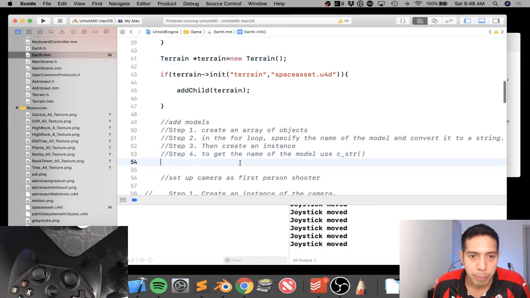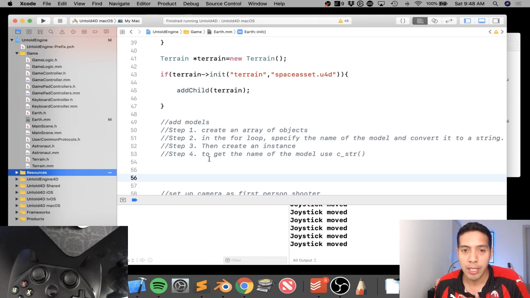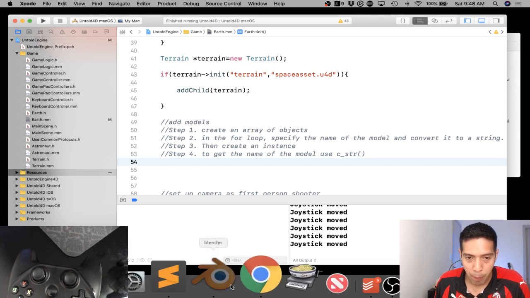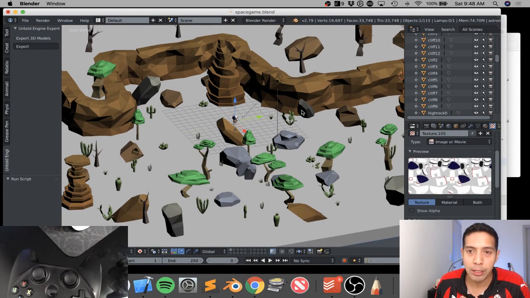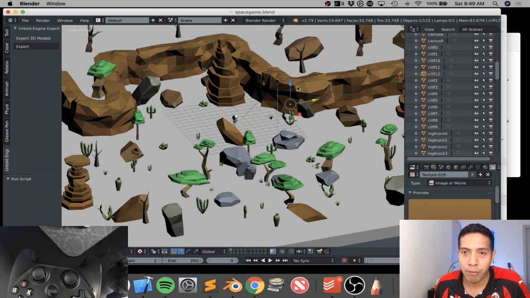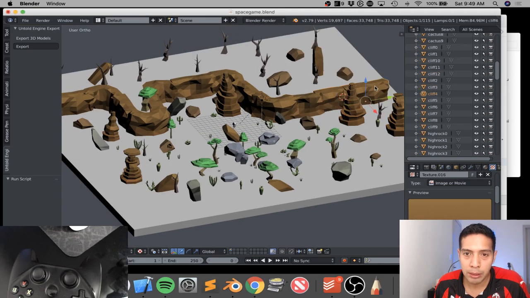Now, just to be prepared, I added the step that we need to do to add the models from Blender. So if you notice, many of these models that we have here, I gave them the same name, but with a different suffix. For example, the cliff right here. We have a bunch of cliffs that compose this game scene,